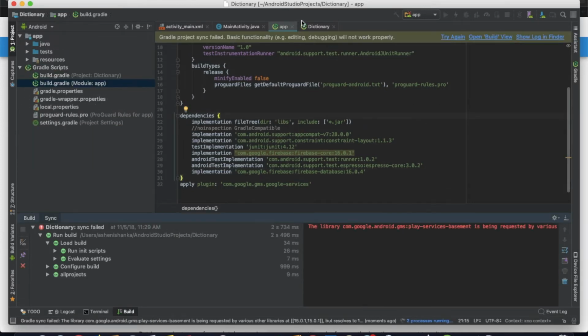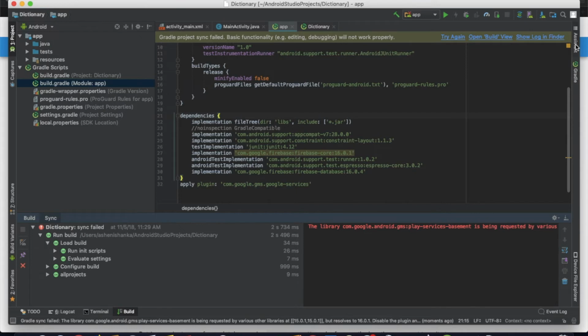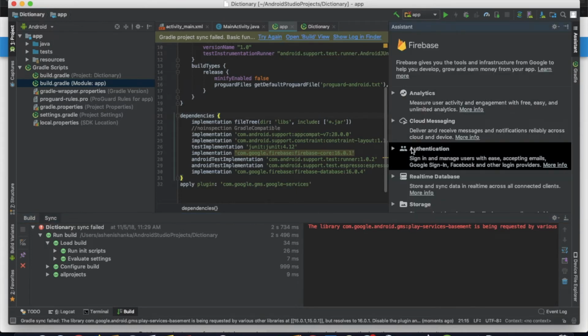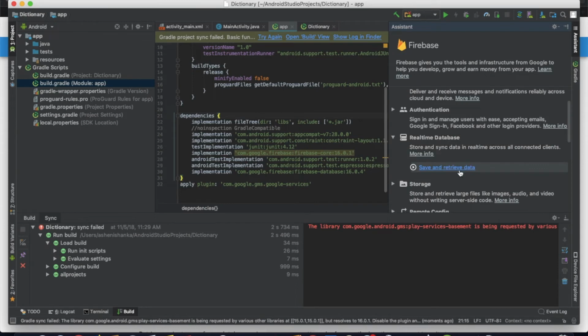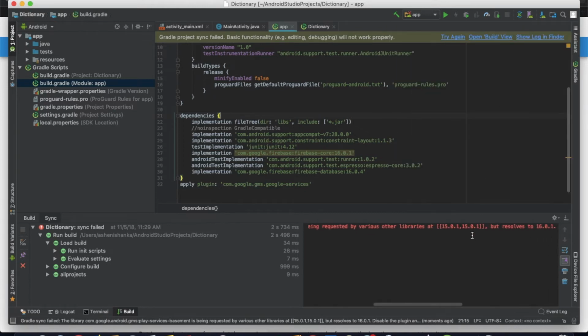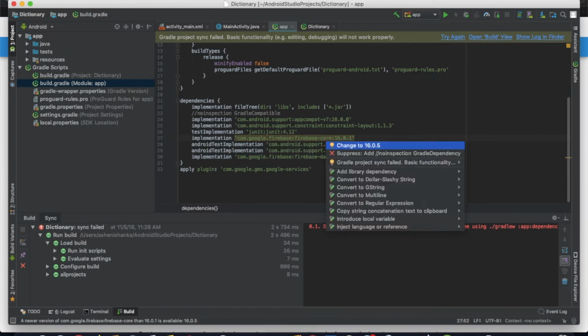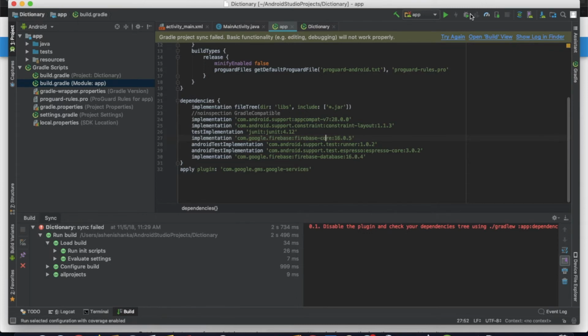Also you can add it by clicking Tools, Firebase, and Assistant, and Realtime Database, Save and retrieve data. Add the Realtime Database to your app. I got some error here. Oh, the error is that the implementation of Firebase core should be the same version as this Firebase database dependency. Let's change that. Okay,